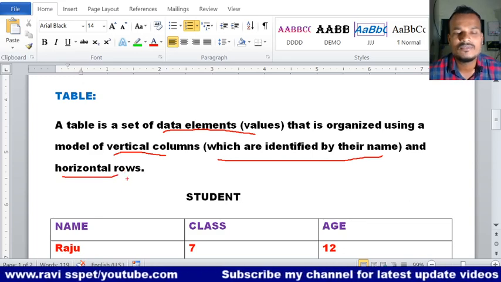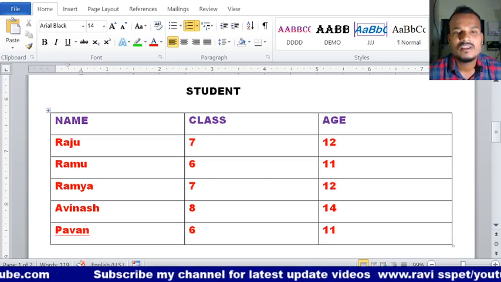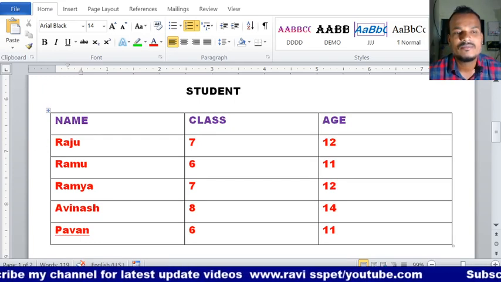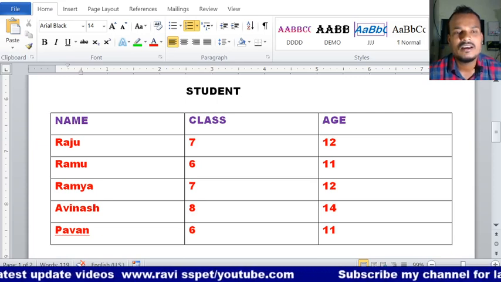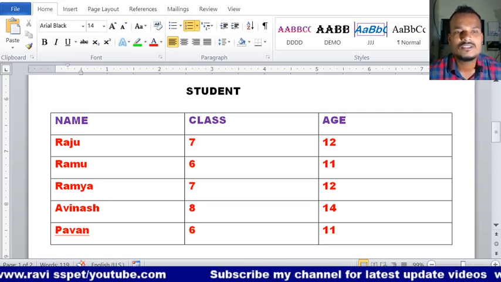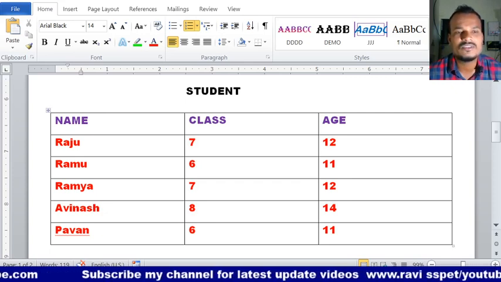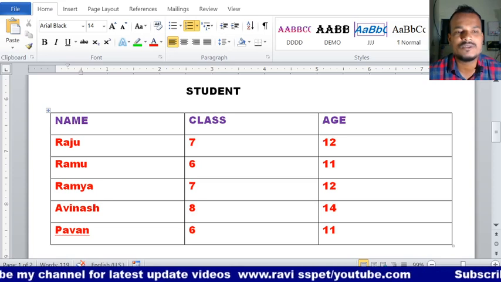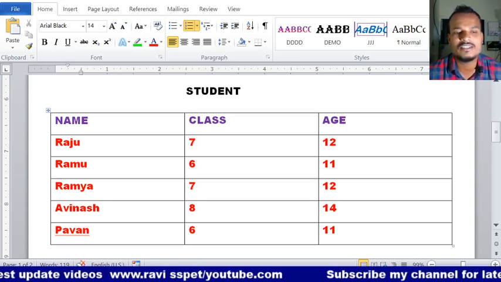Here we have taken a student table with name, class, age. These we call fields or columns, and Raju 7 12 is one complete row, and this is the second row, the third row, the fourth, and the fifth row.